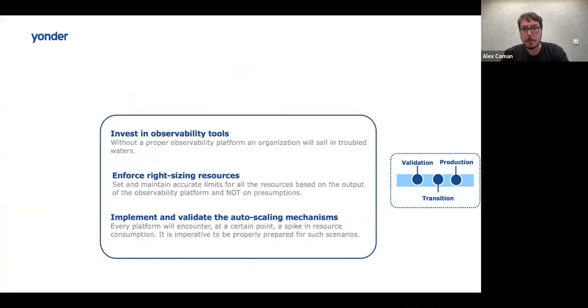And this stage, in most of the cases, it's dangerous to just base our green light to production on presumptions. And for this stage, it's important to have real data. And real data can be obtained by having a very powerful observability platform in our ecosystem. The observability platform will give us real data regarding the resource consumption, how the load or the test load that we have for that particular change will affect the infrastructure, and we can take some decisions based on real scenarios,